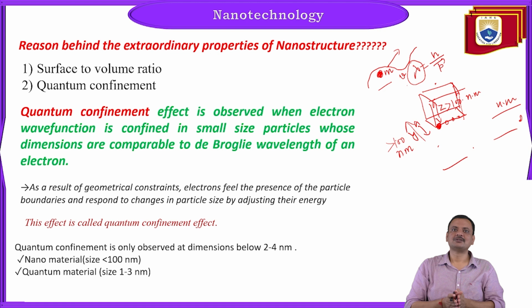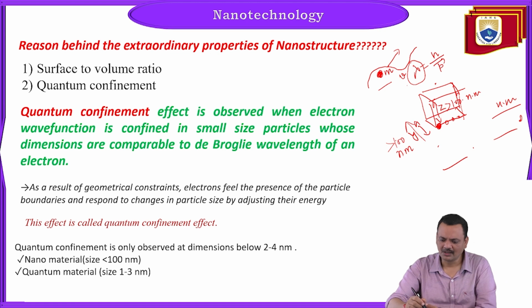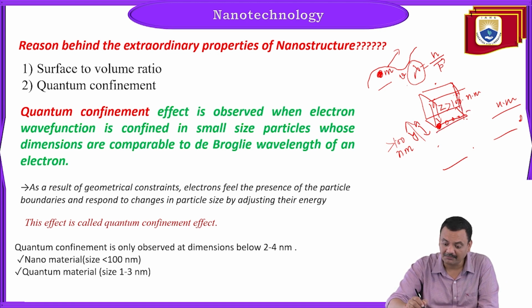Those materials are even known as quantum materials, not just nanomaterials. So even if you confine the material, meaning you restrict its growth in any particular direction, what happens? If you keep reducing any particular dimension of the material,